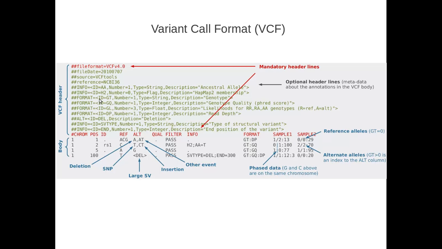So we can go back up here and look, okay, what is GT? And GT here means genotype. That's the description given to it in this VCF. DP here means, if we go up here, DP in the format field means read depth. So this is a sample-wise read depth here now, and we can see that read depth in sample 1 is